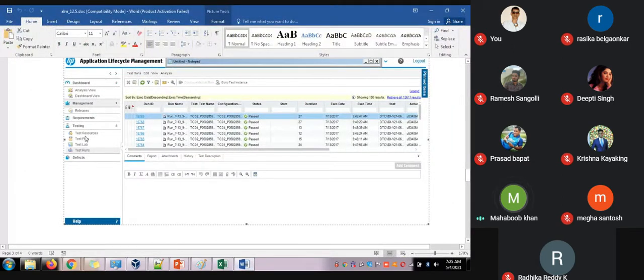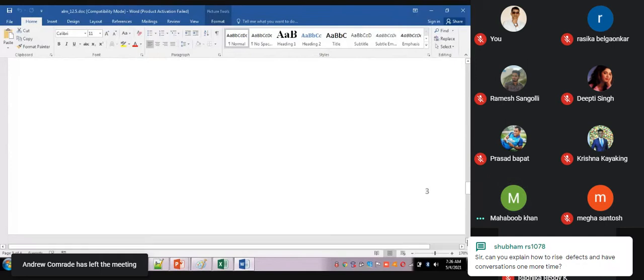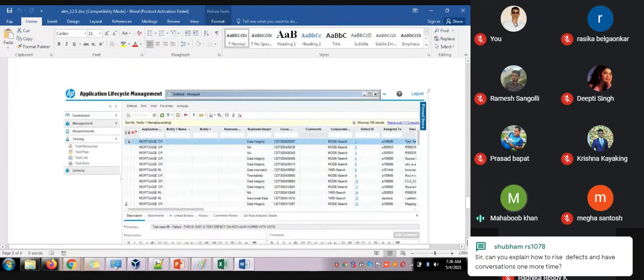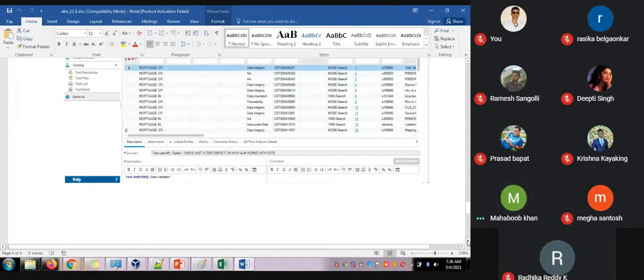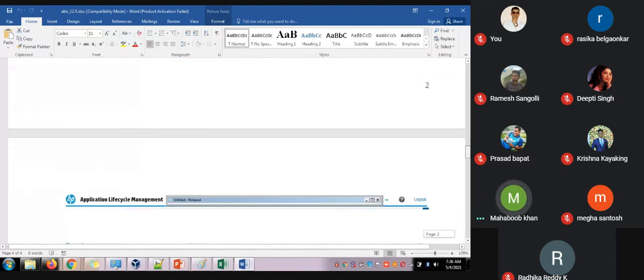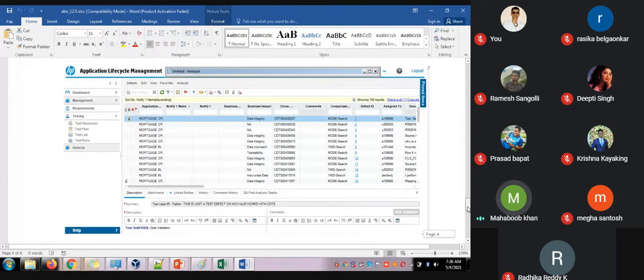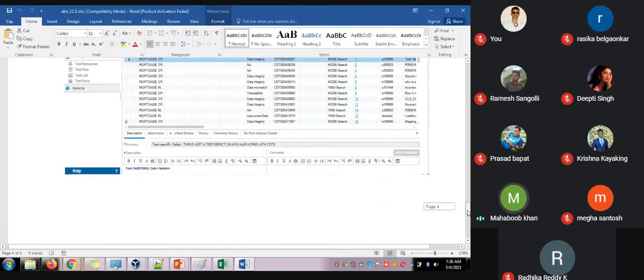That means Test Lab is the same, Test Plan is the same, and the Defects tab is also the same. So that's what I was telling you. When you get hands-on with Mercury Quality Center, the active version, it is very helpful for you folks to work on 12.5 or any other version of Quality Center. This is the latest version, which is 12.5. To give you confidence that there is nothing changed from the previous two, whatever is there is the same.